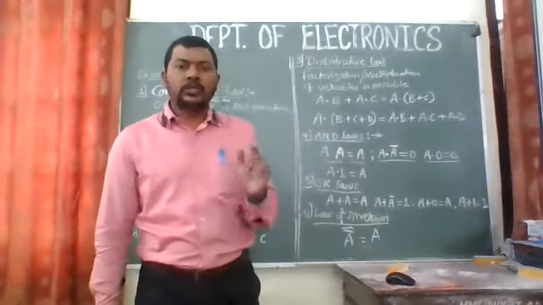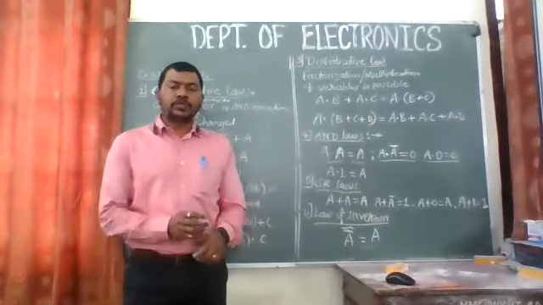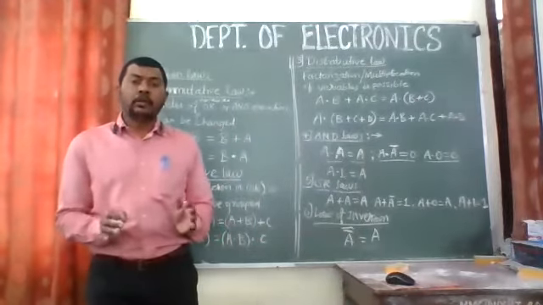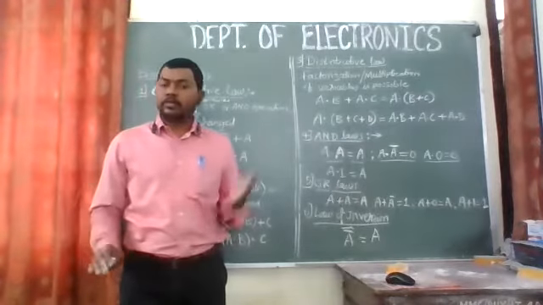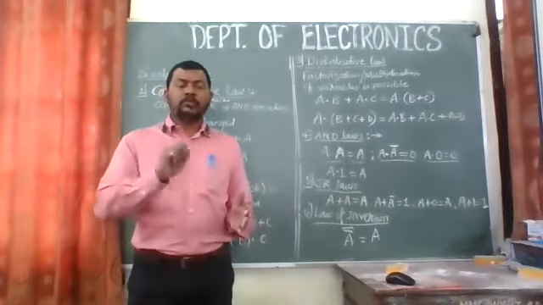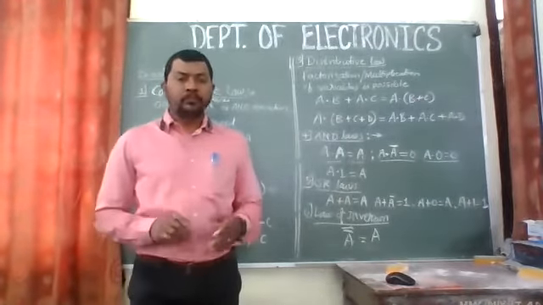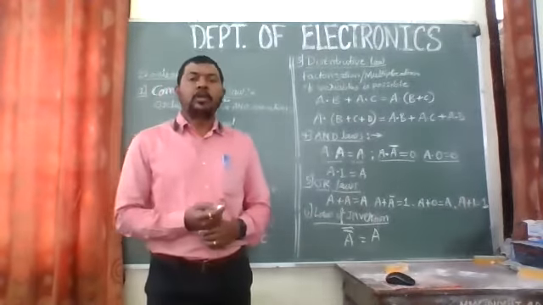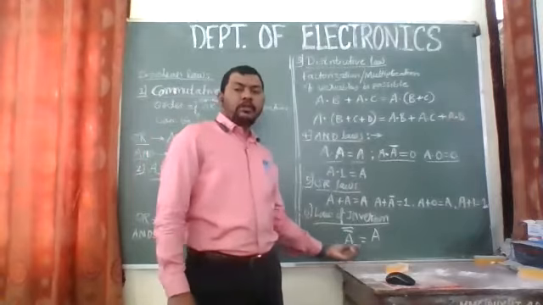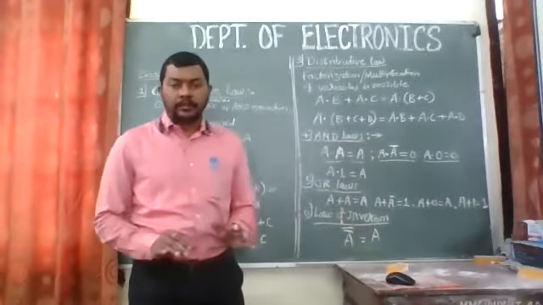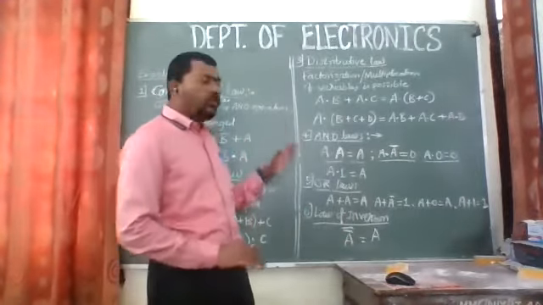So we have completed 5 laws, and the last one is the law of inversion, in which we say that if we have a variable with double complement, it will give you the variable back, right? We have done it yesterday. So we were having two complements at a time. So we have cancelled out each other, and we have written A double complement is equal to A only, right?